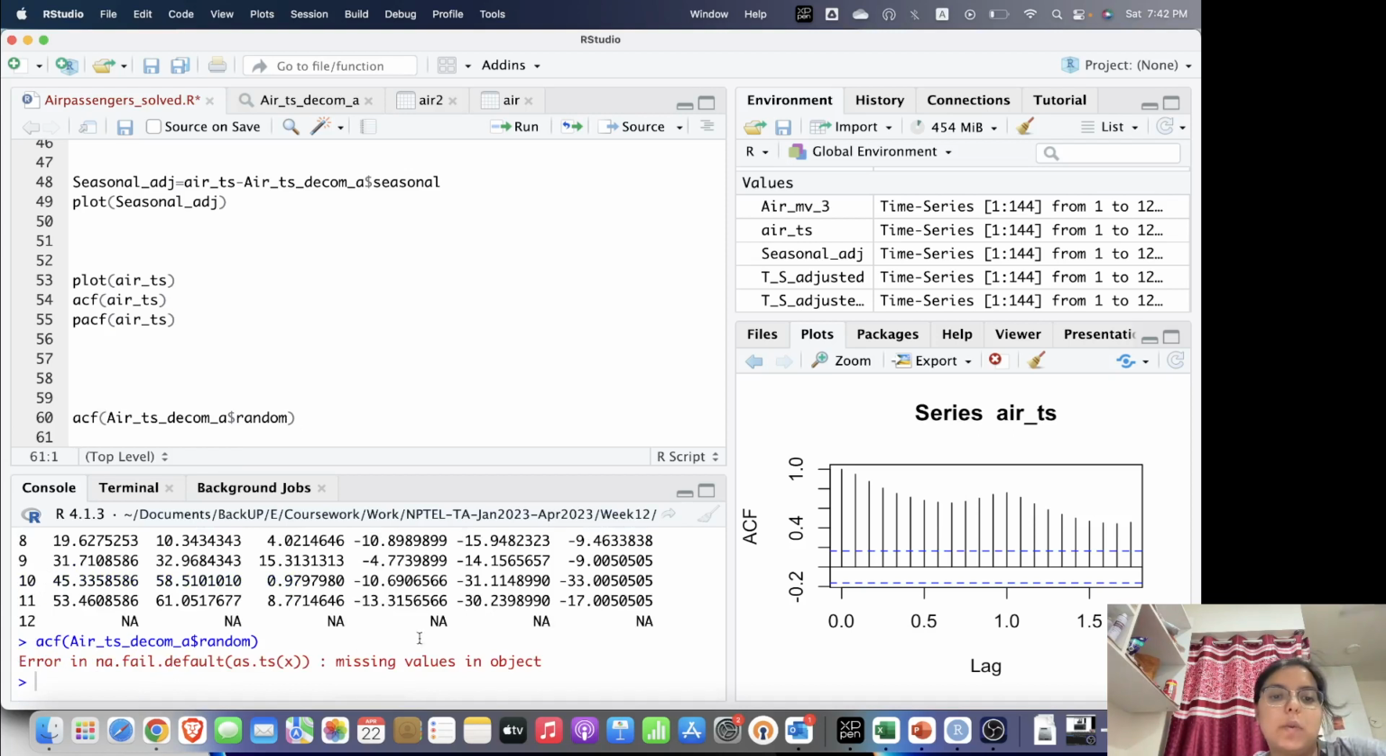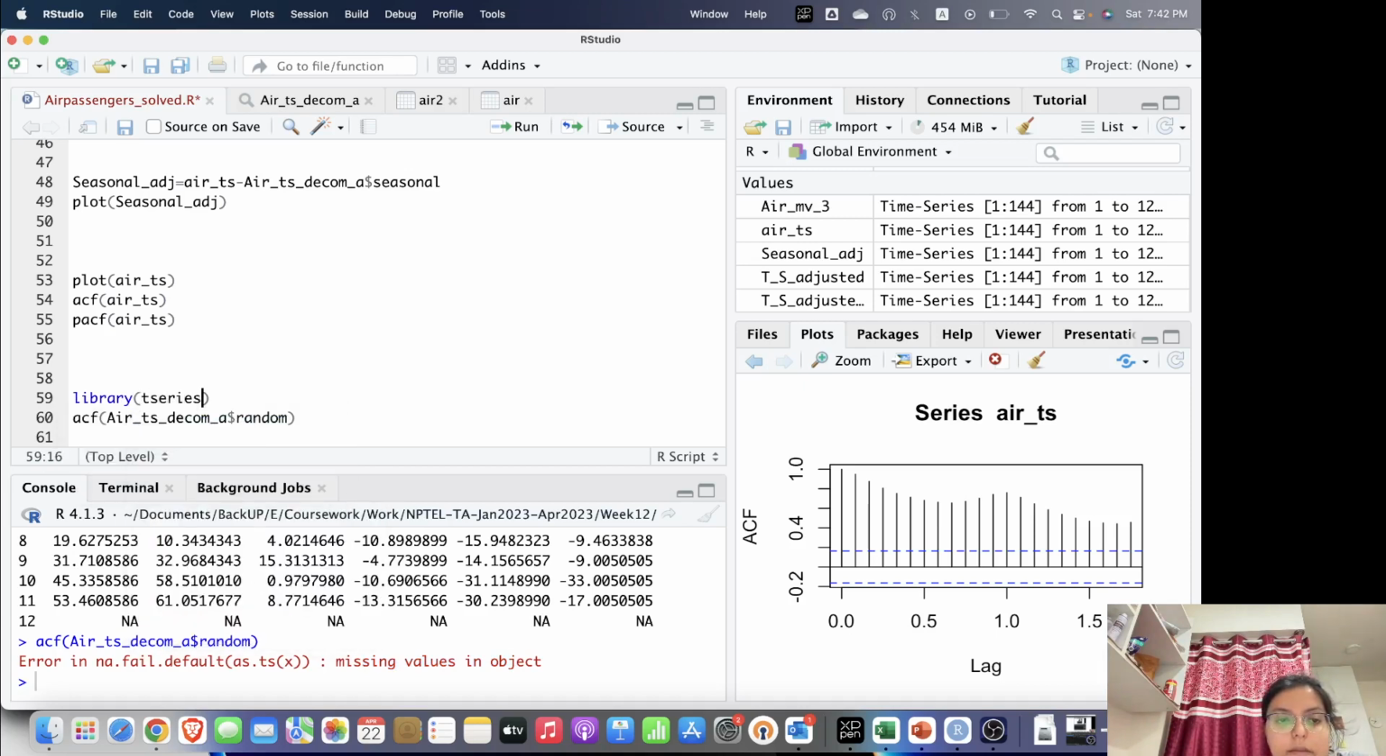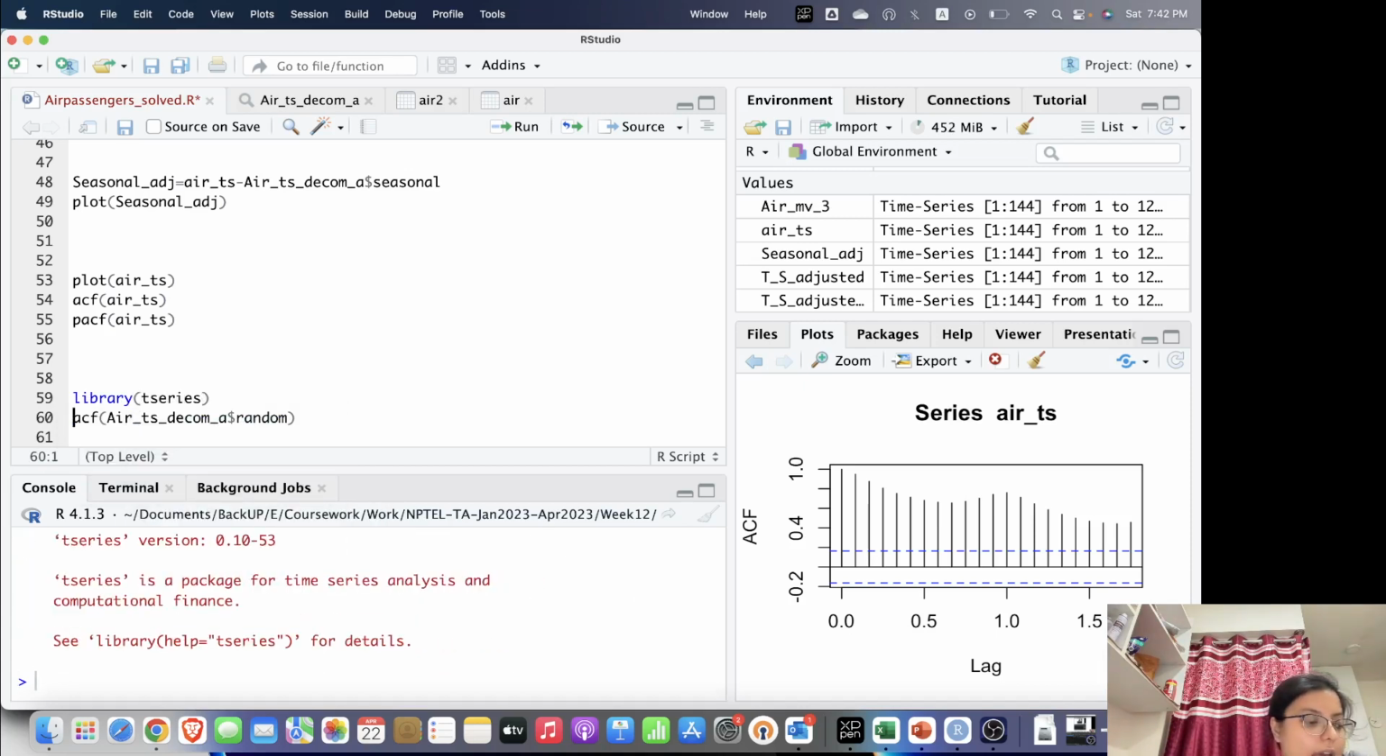This is not working because there seem to be missing values in this object. In order to remove this, we need another library called tseries. Okay, and if I write this command, na.action equal to na.pass,